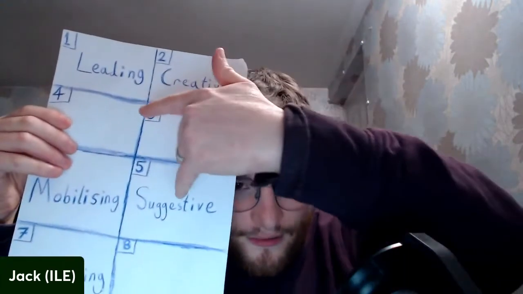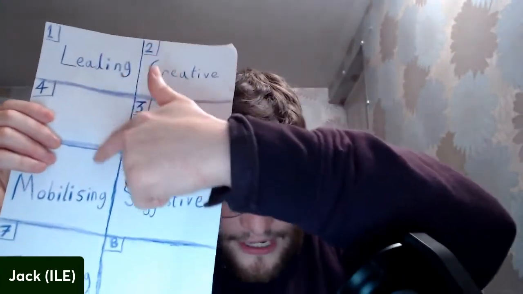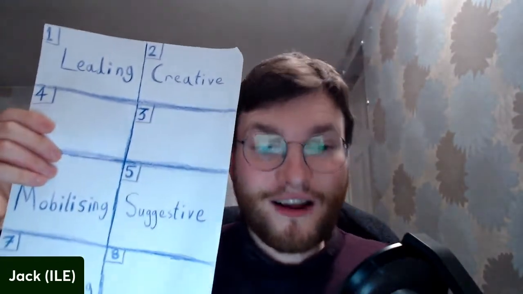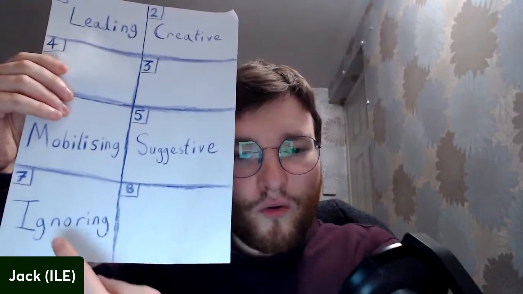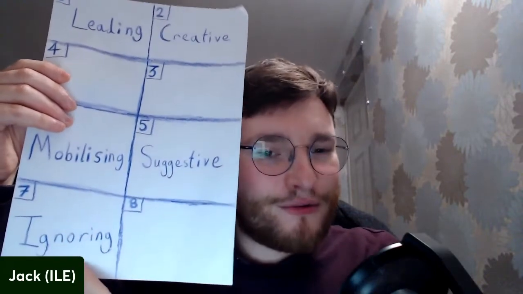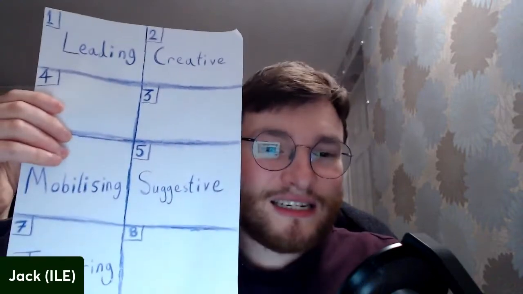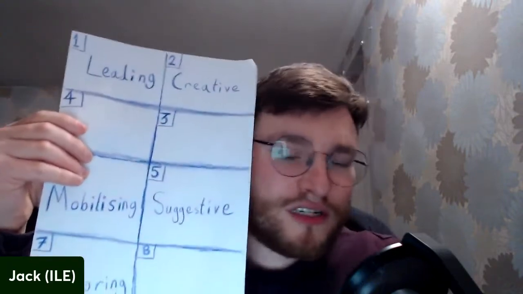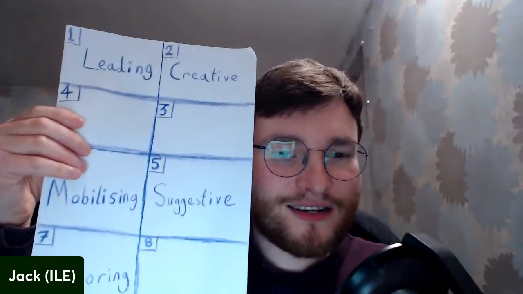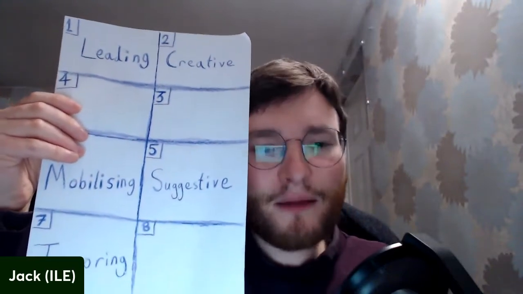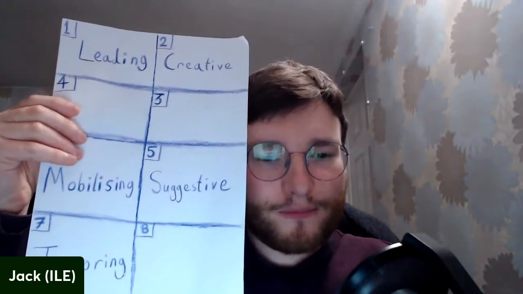The leading function and the mobilizing function, on the other hand, these are both asserted, right? The ignoring is not asserted because it's not valued. It is instead intransigent. It's more of a, I am not doing this. I am refusing to do this in most circumstances. So that's the idea. It is an I'm not doing this sort of thing.